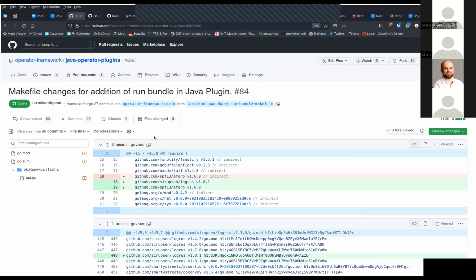Because the Java plugin via the extension is generating a lot of the manifest information from Maven. You know, when you run the Maven target, you get that target directory. Well, because that's there, these plugins that we used to have don't actually work because they require the config directory to be there and are based off of Kustomize. So that means when someone generates this plugin, they don't have a way to generate the bundle for OLM